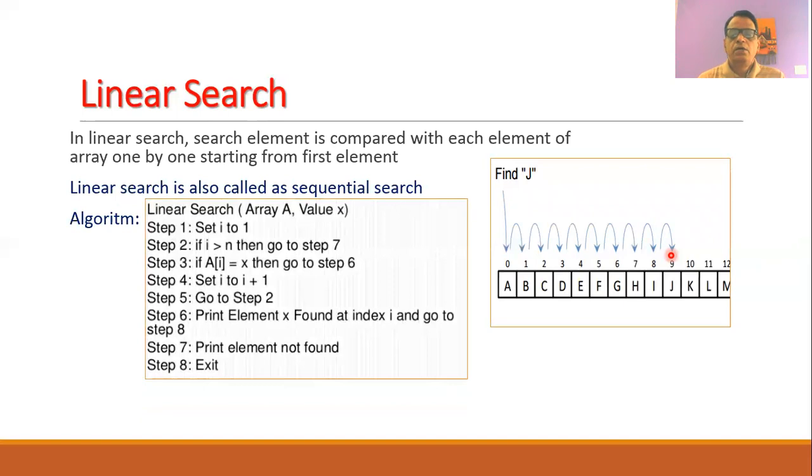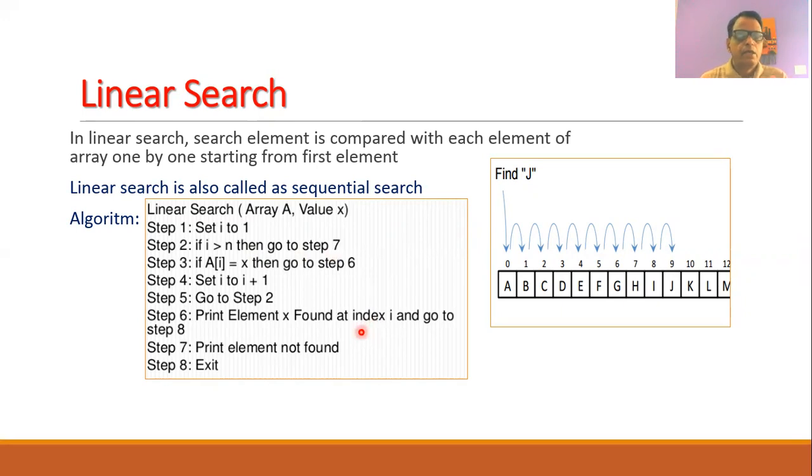So such a type of search can be performed by using a simple algorithm as shown over here. Initially, we will set the value of some control variable I equal to 1. Then we will check if the value of I is greater than n, where n stands for the number of elements in the array. If I is greater than n, then ultimately we have to print the message that the element is not there